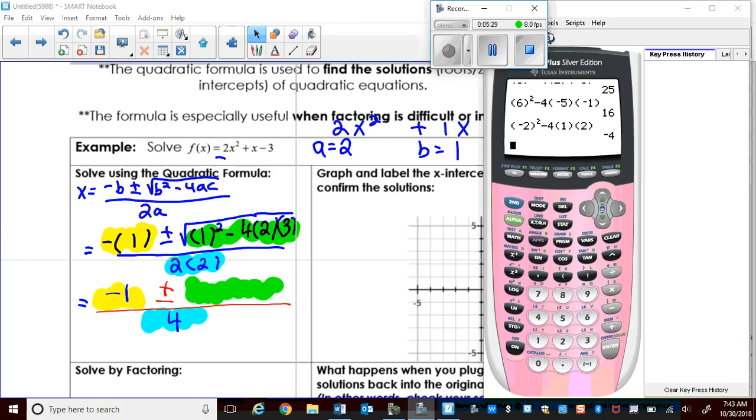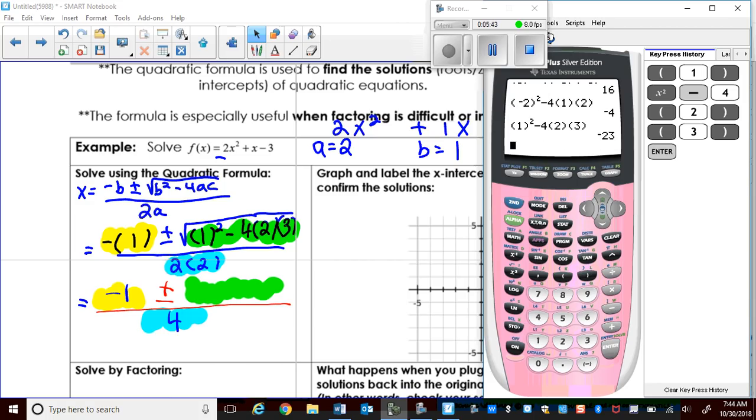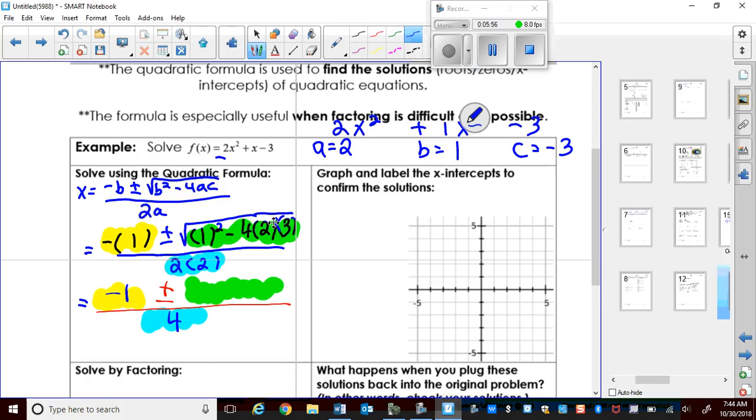Sorry. Okay, so I'm not using the radical, just going to say 1 squared minus 4 parentheses 2 times 3. And it's very important that you do it this way, and I'll get to the reasoning for why in a second. So be careful that you include the negative in there, okay? So we get the square root of 25. And I want you to notice that this is positive, and it's a perfect, write this down, perfect